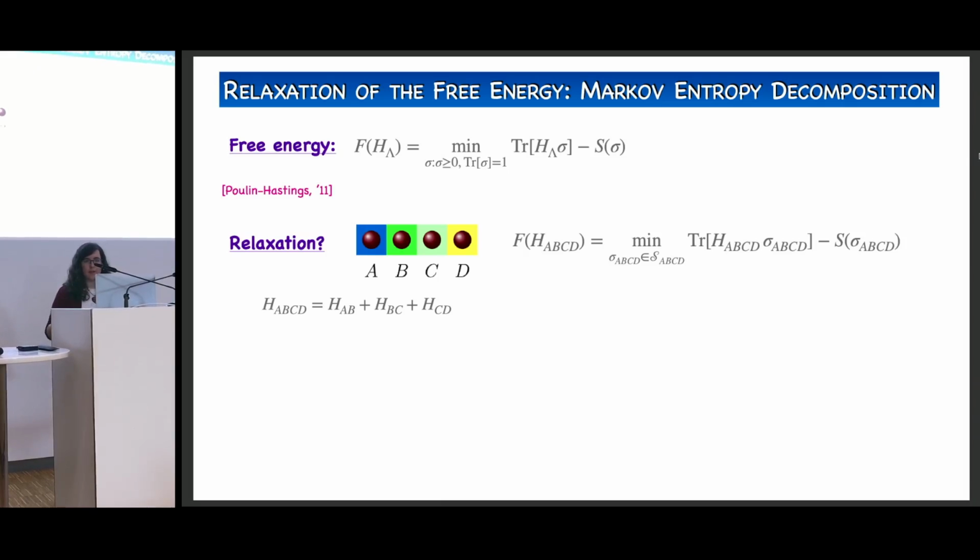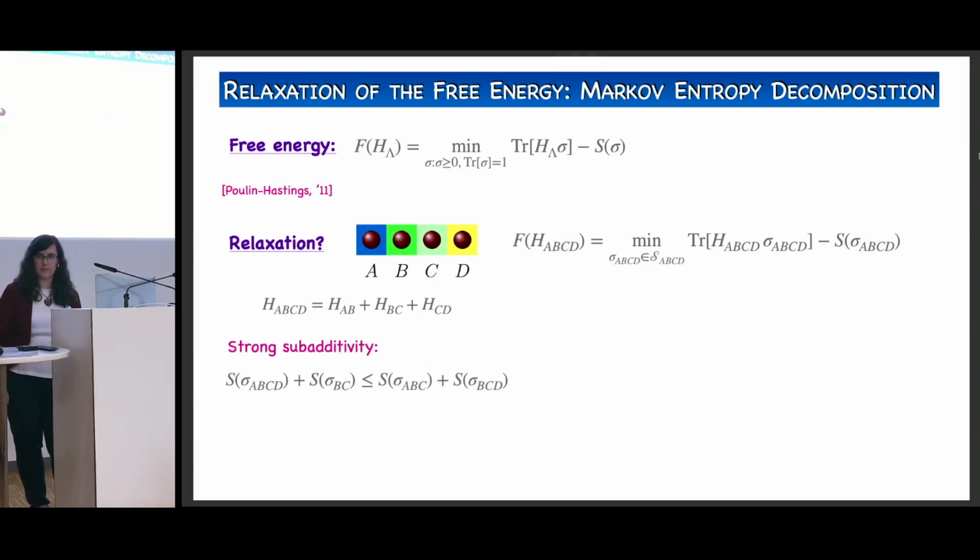Let's see how we can relax this. The first thing that we can do is use something that is very well known in this community, which is the property of strong subadditivity. Why? Because here we have a factor that is a von Neumann entropy of sigma_ABCD, which is a state supported in 4 systems. But now I want to reduce how many systems I'm supporting this state in. So essentially what I do is use strong subadditivity to change this factor of S(sigma_ABCD) by 3 factors that are supported in fewer systems.